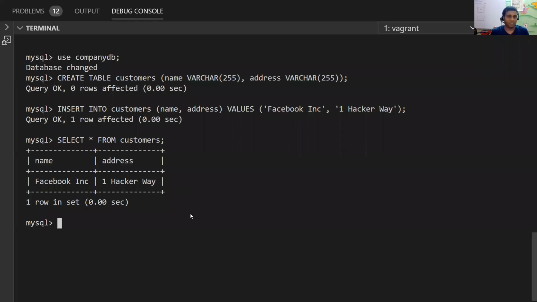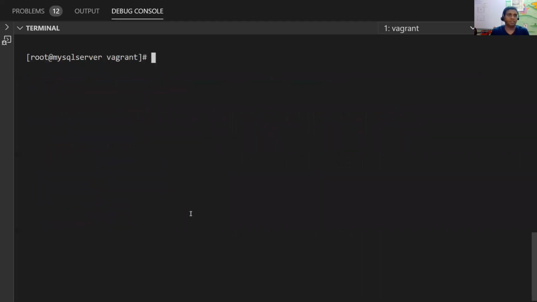Now let me do one thing. Even if you restart the virtual machine, even if you restart the Docker container, the data is going to persist because we used persistent volumes while we created MySQL. Typically in Docker, when you restart the Docker process or the host, you are going to lose the data. So we use the persistent volume. Let me explain this. Let me come out of the Docker container. Okay, now I am on my Linux machine.